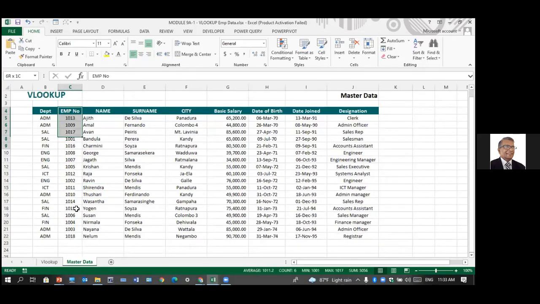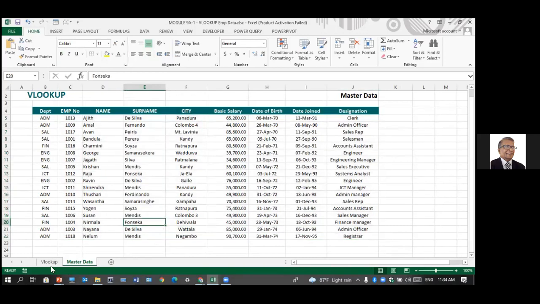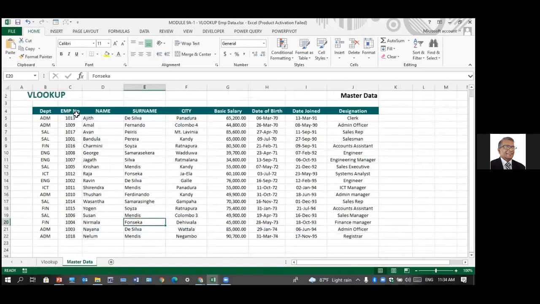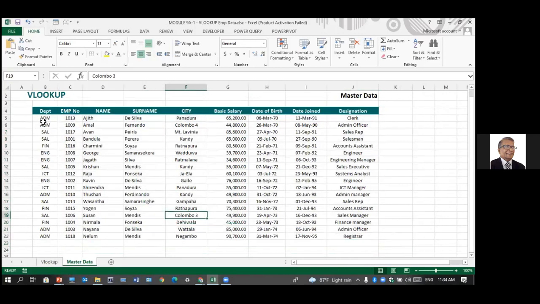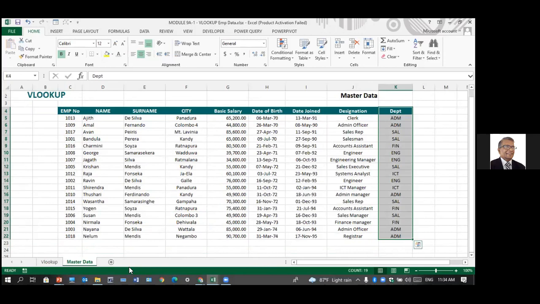So when I select this data, I have to select from here only. Do I get the department in this selection? No. So we have an issue. You can't select from here. Always the link field, this is my link field, has to be the starting point of my selection. There may be data on the left side, no problem, but you can't pick them. So the first thing you should do is select this and move it onto this side and keep it there. Now you can pick anything.